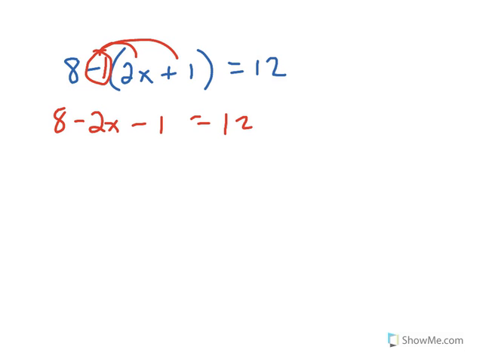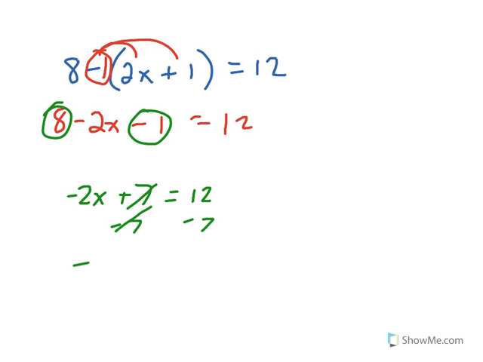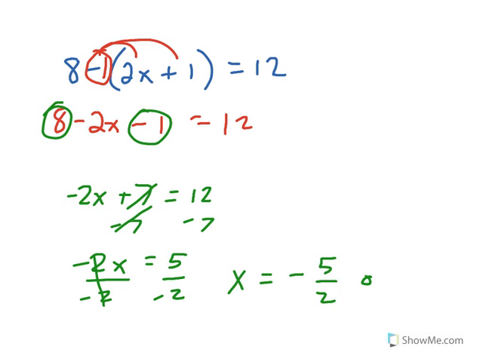Now, is that going to affect my results? Absolutely. Sometimes it makes it look totally different. So you have to really watch out for that spot. At this point, I'm going to run through and go, okay, let's see, I've got -1 and +8, that gives me -7. I'm sorry, +7 when I add them together. I still have -2x, and I still have 12. Now I'm going to subtract 7, and I get -2x equals 5, and then I divide by -2, and I get x equals -5 halves, or